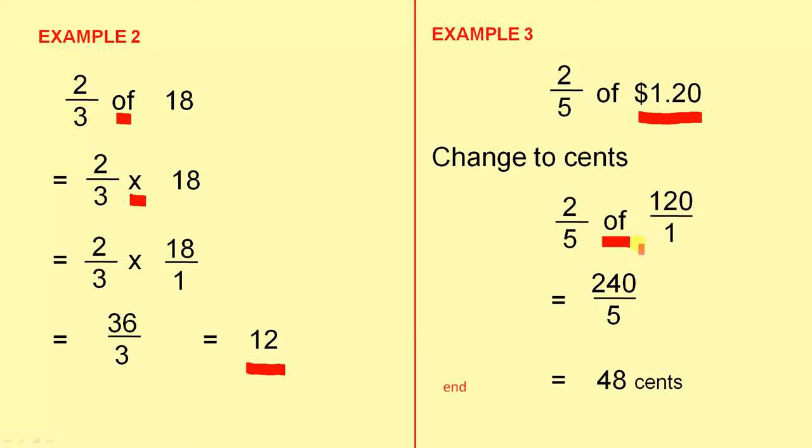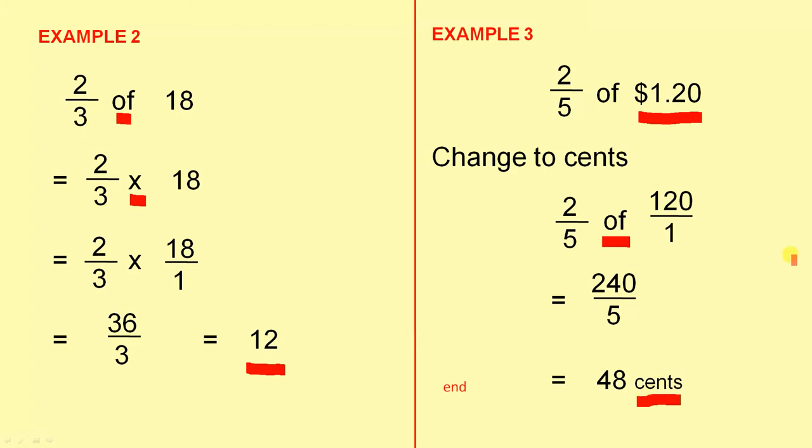2 times 120 is 240. 5 times 1 is 5. 240 divided by 5 gives us 48 cents. Now remember, the answer has to be in cents because we changed the $1.20 into cents, and that's why the